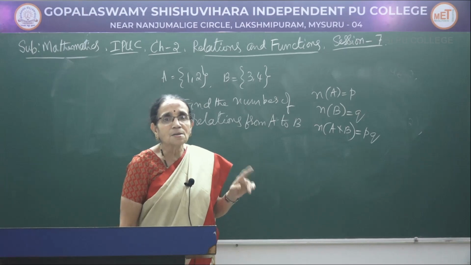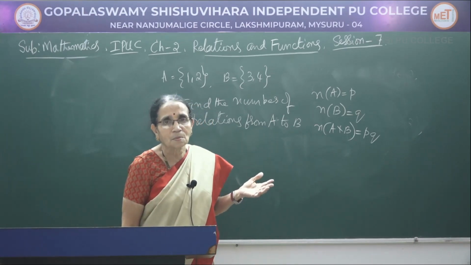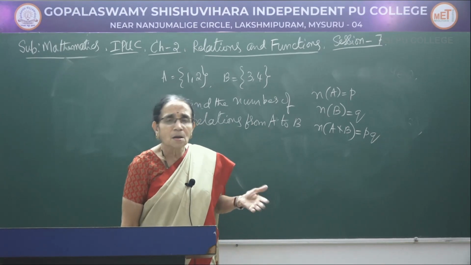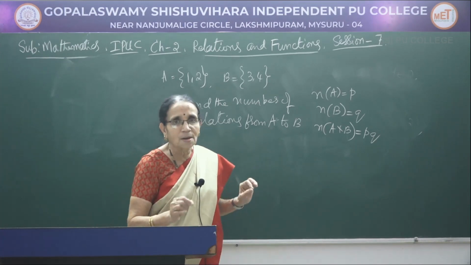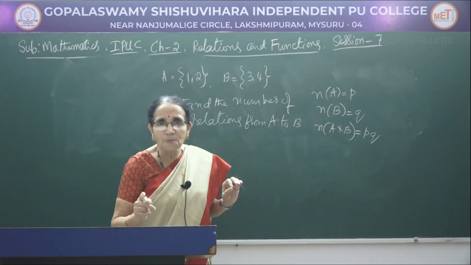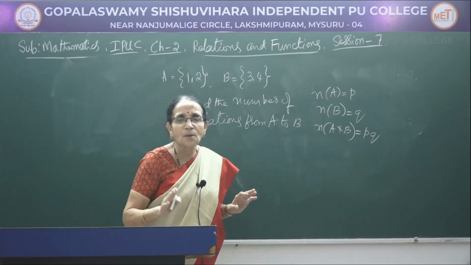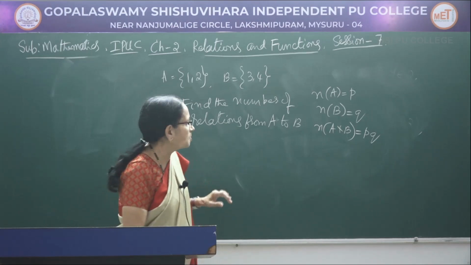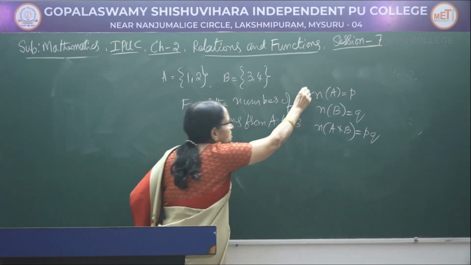That means that each subset of A cross B can be taken as a relation. It may contain 1 element, 2 elements, 4 elements, no element. Whatever may be the number of elements, we are not interested. But we can say when a relation is a subset of A cross B, each subset can be considered as a relation. This information I had given by defining the relation from one set to another set here. Now, the same thing I am using here, that is the general information I had given.